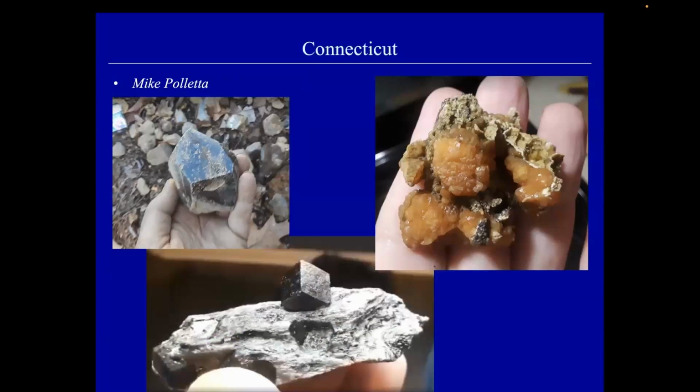As you know, I always show photos of what Mike Paletto's been collecting in Connecticut. He continues to come up with good pieces, but for the sake of his privacy and to avoid claim jumpers, I don't even discuss his locations, but suffice it to say that he's making a real dent in field collecting